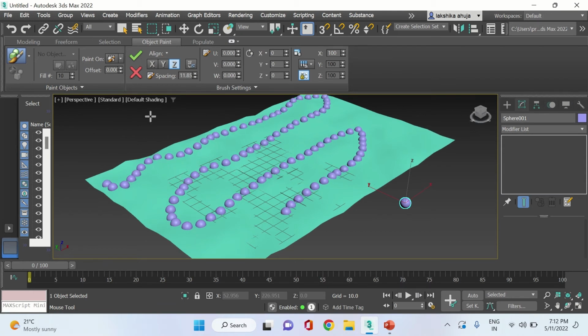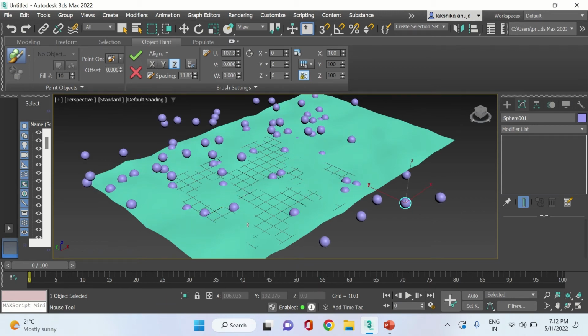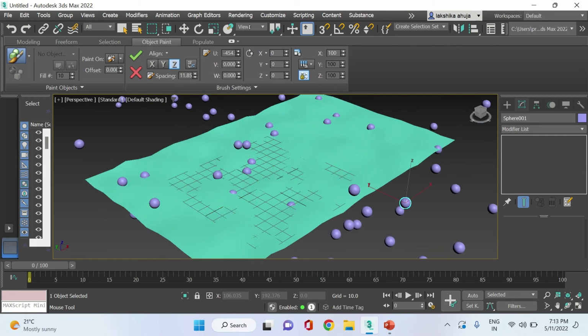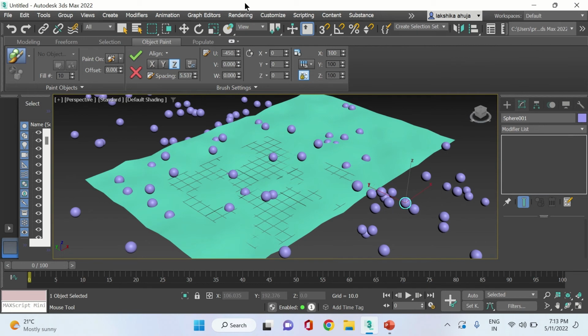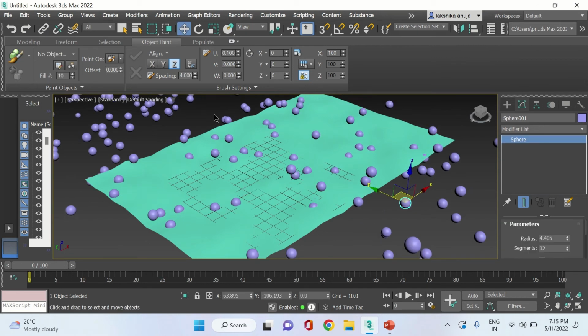Now, if you're happy with the spacing but just want to scatter this a little more, go to the scatter option under brush settings and just increase this value. When you increase this value, it scatters the object, but you don't want to go overboard with it because evidently it creates drastic changes. So I'm going to go back, and you can do the same with trees or even sand, bushes,